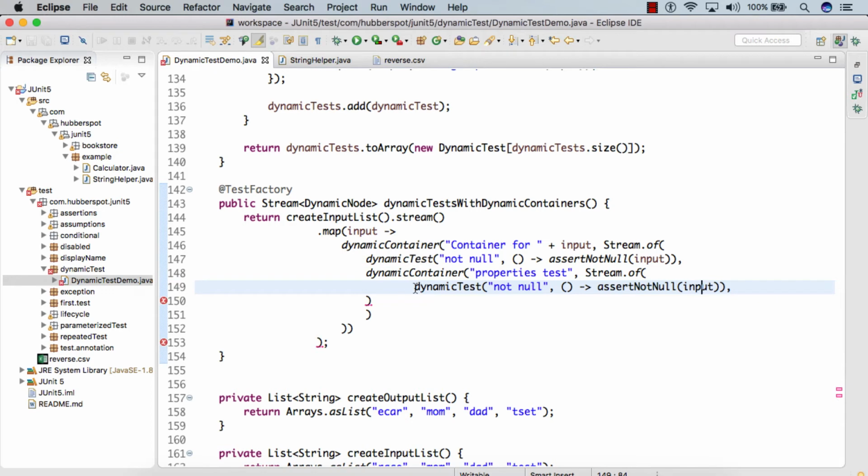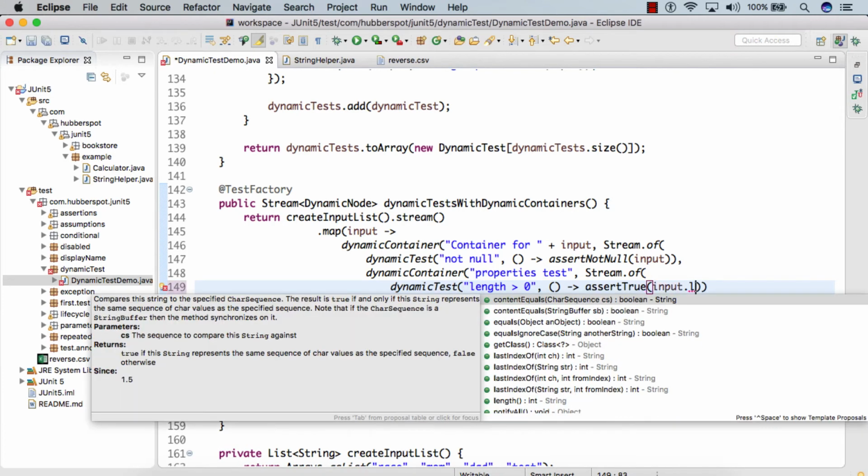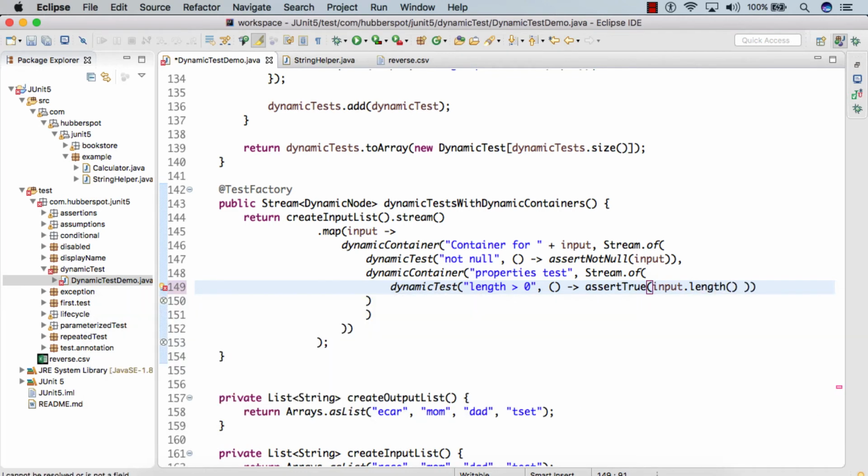Let's say first we provide a dynamic test with the display name that length should be greater than 0. So here we provide assert true. We give input.length to be greater than 0. We'll import assert true.